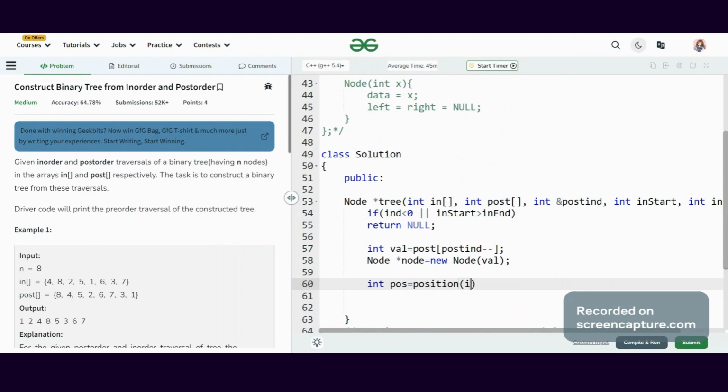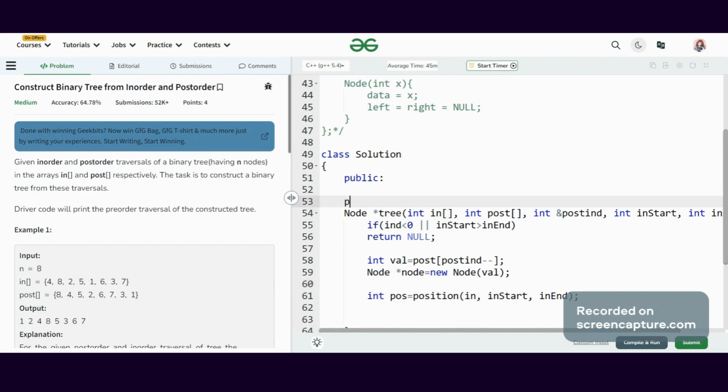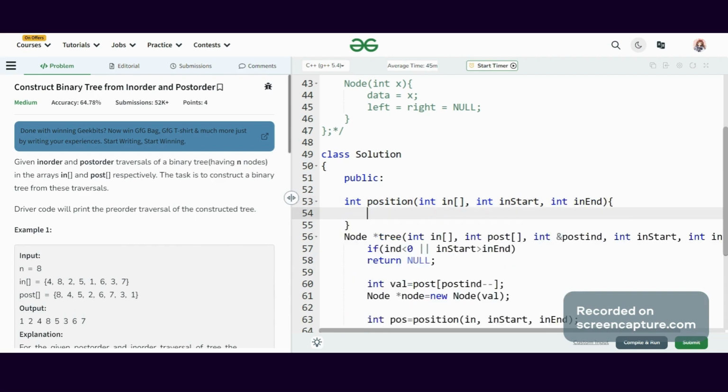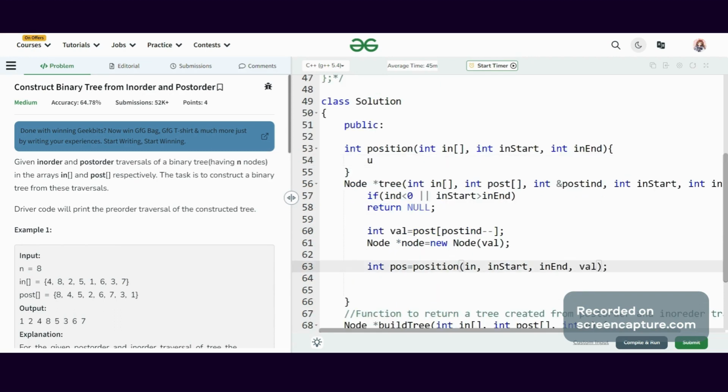So let's pass the in order array and then in start and in end. Let's implement this finding the position function. This will find the position of the element. We need to pass the value as well because we are searching here the value. We want to get the value here.